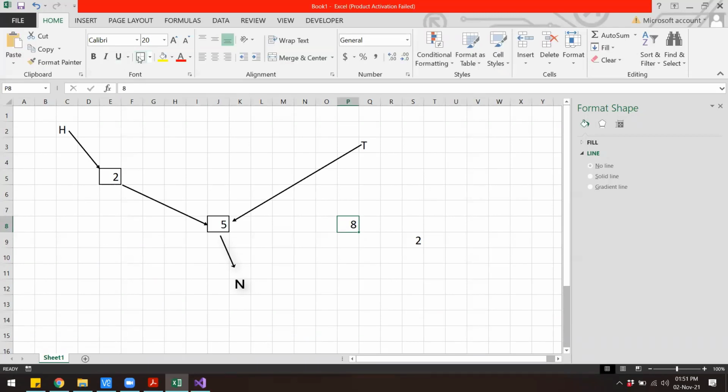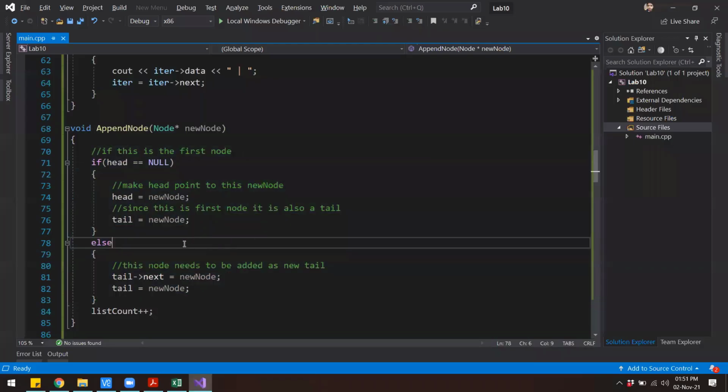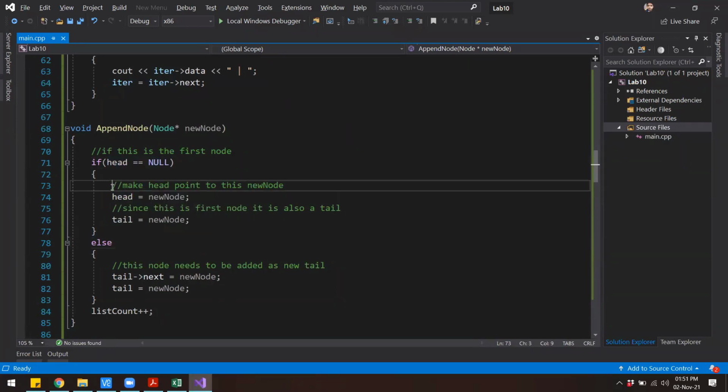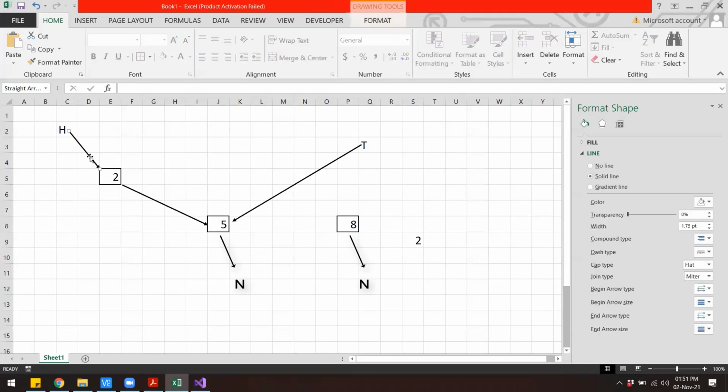So this particular function will get a node with the value 8, and inside the function we just have to manipulate the pointers. Now what does the function say? It says that if the head is null, then you do this. Now is the head equal to null? Well, the head is not null, it is pointing to some node.